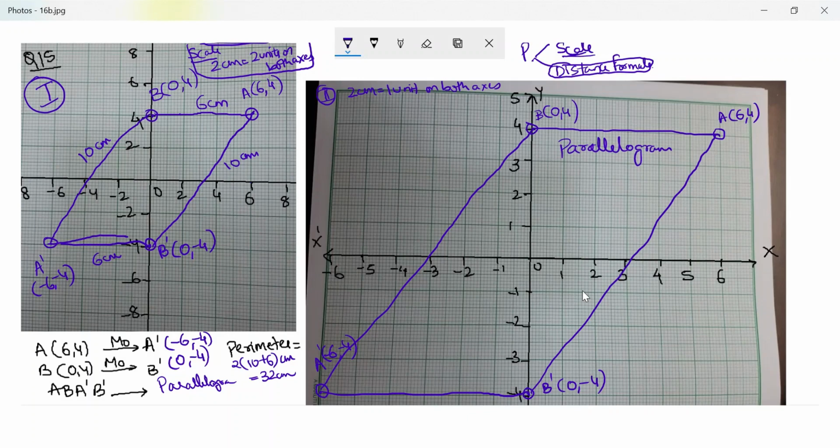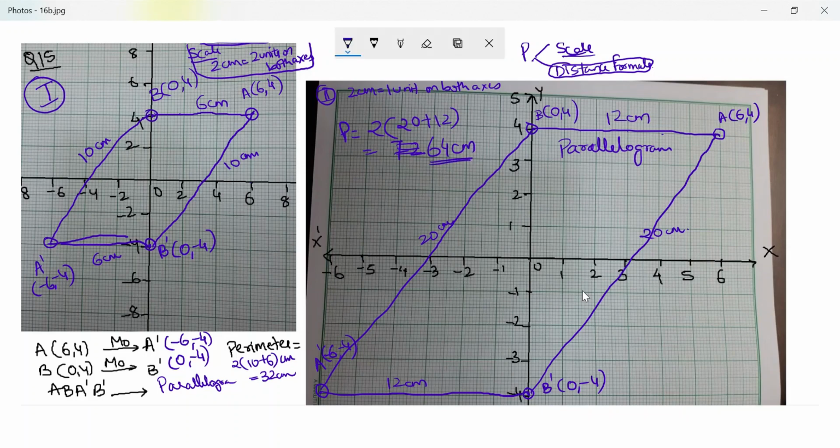Now, if you measure this, I would notice that this should be 10 centimeter. 1, 2, 3, 4, 5, 6. Not 10, sorry, 12. This was 6 earlier. So now this will be 12 centimeter. This also is 12 centimeter. You would notice that this answer would be 20 centimeter and this is also 20 centimeter. So the perimeter for this student would be 2 times (20 plus 12), which is 2 times 32. 32 into 2, that's 64, not 72. 64 centimeter.